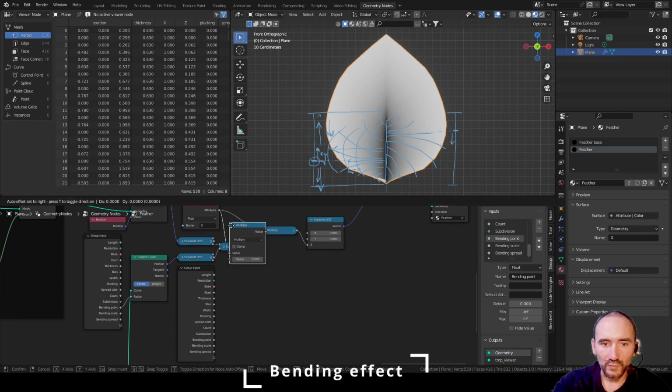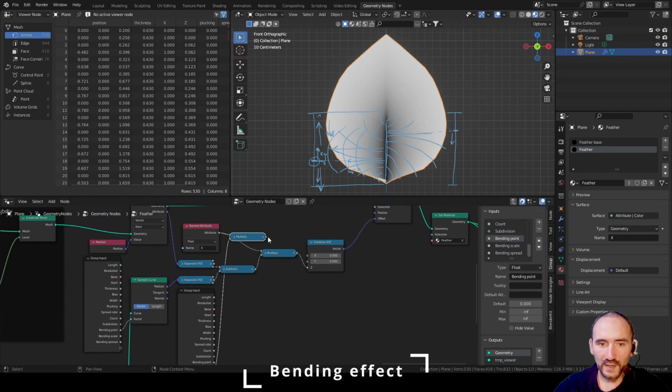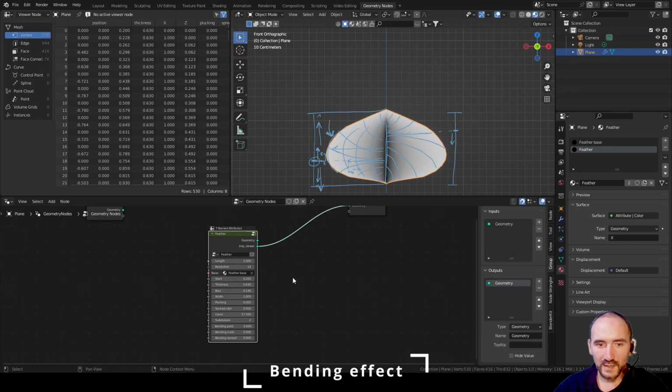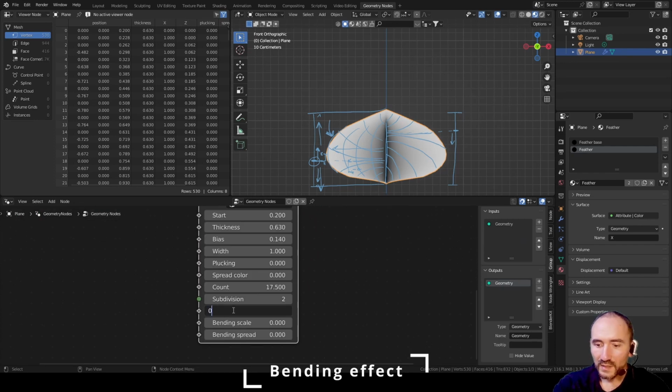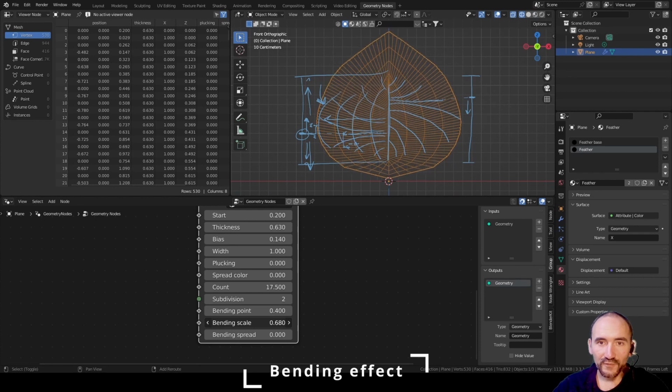So I need to multiply this first by this bending scale H, then multiply this by the subtract, and I can exit from this node, set bending point to 0.4, and you can see the correct scaling of each point. Shift Z, and don't be afraid,